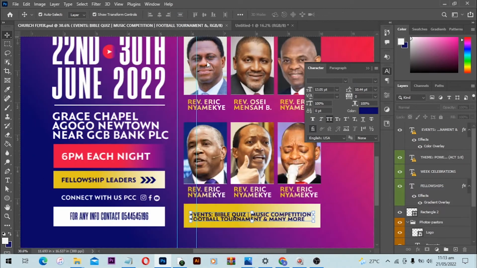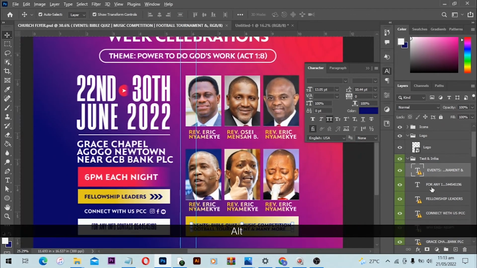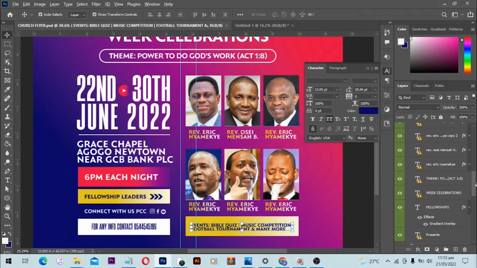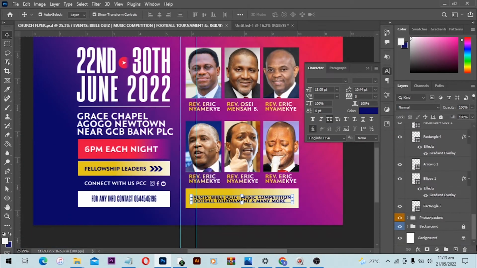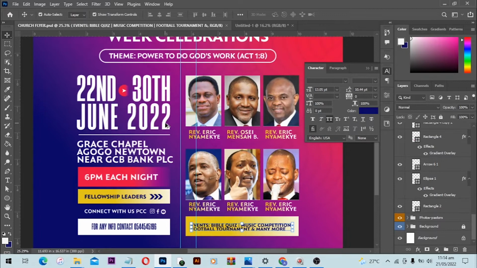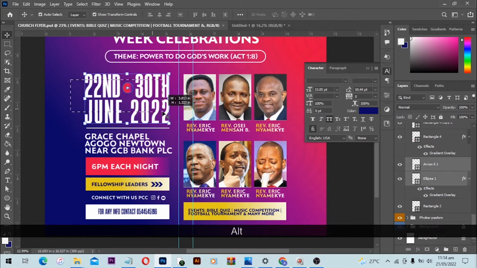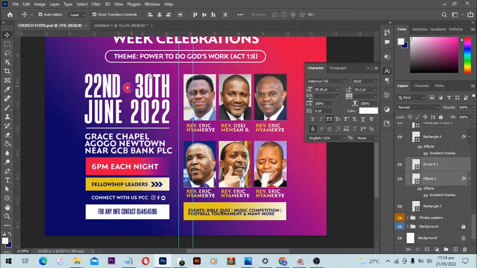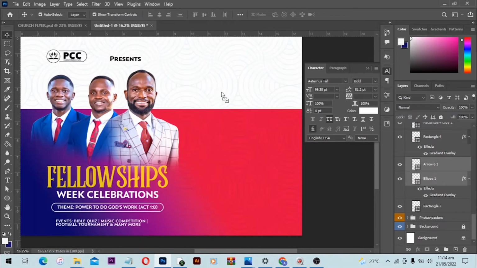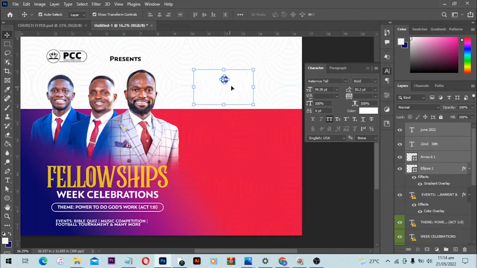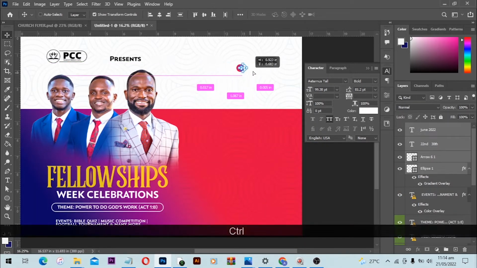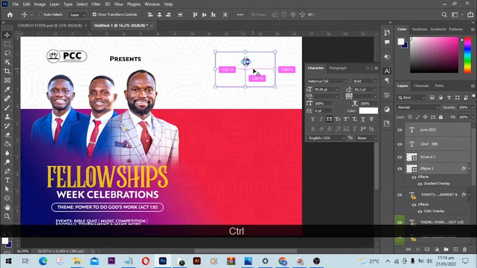Next, I'll come back to my first design. Then let's try and see if we can lock the background. So the background is already locked. I'll click and drag to select the date, the time, and drag them here. Then I'll move them all the way up,